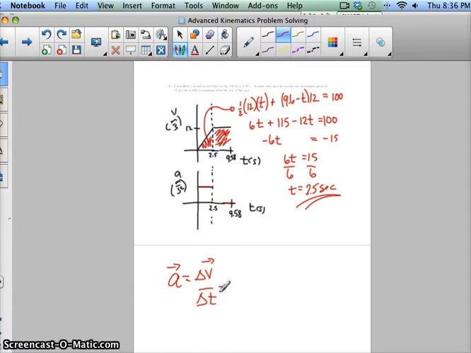His final velocity is 12 meters per second, his beginning velocity was 0 meters per second. The final time was 2.5 seconds, and the beginning time was 0. So 12 divided by 2.5 is going to be about 4.8